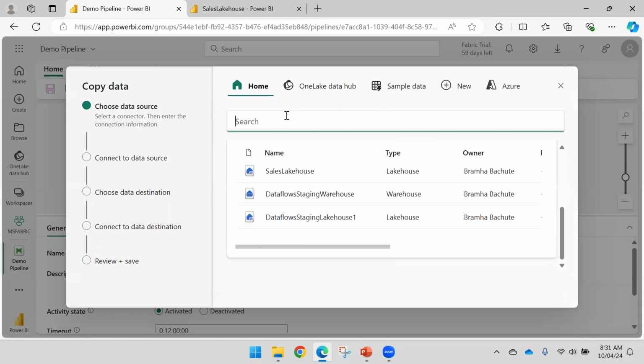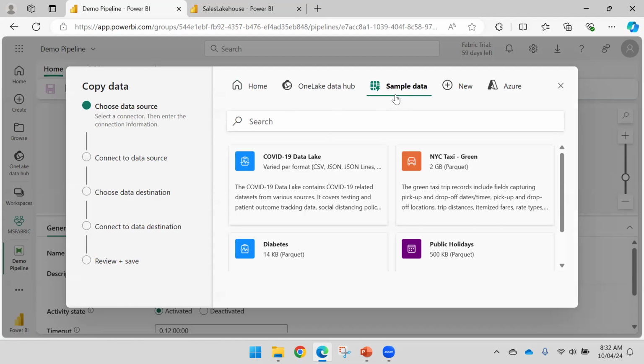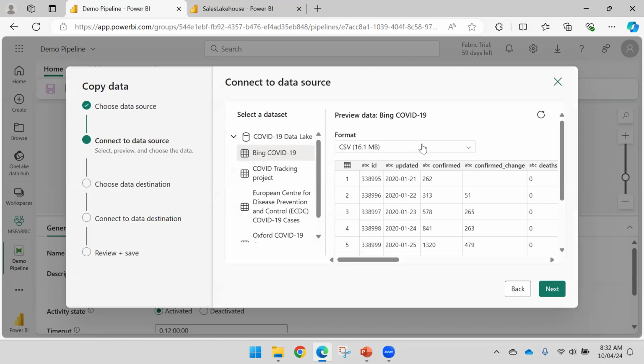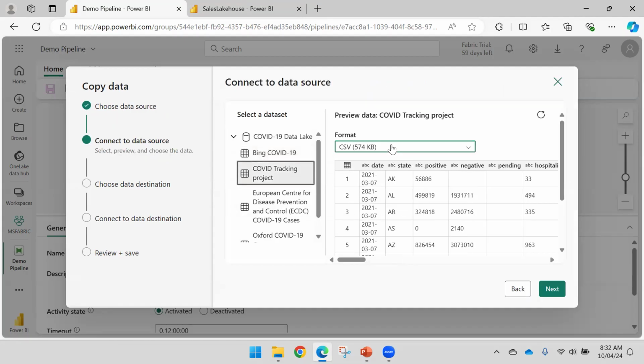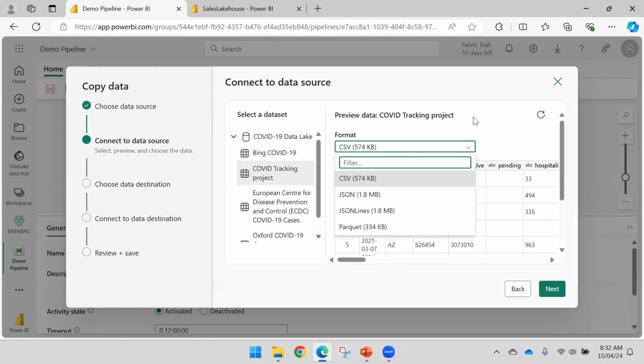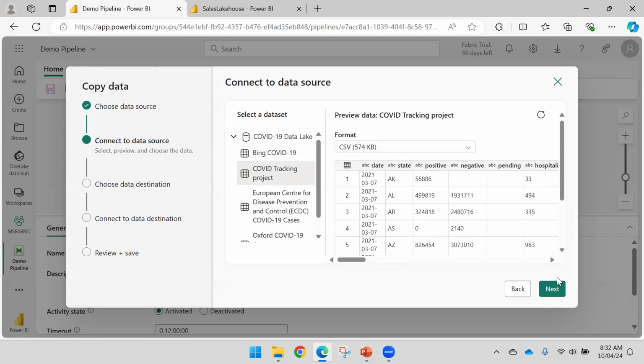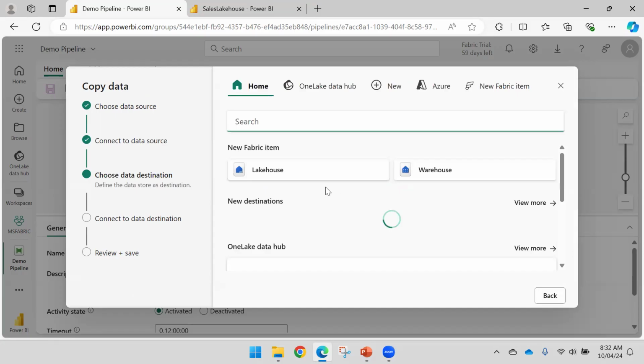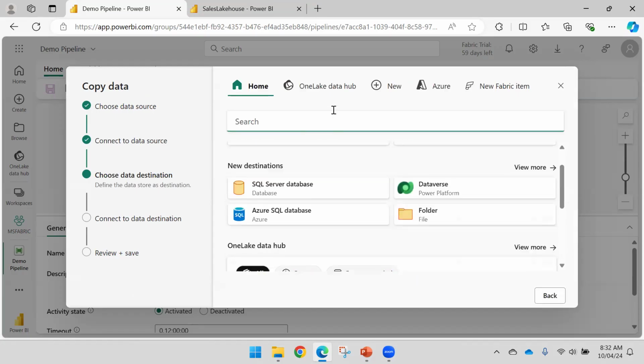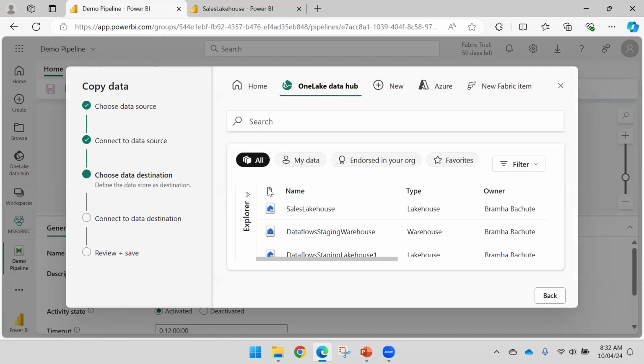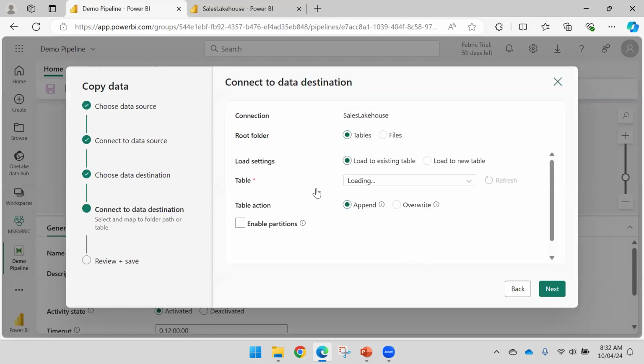Same thing I will do. If I say sample data, COVID-19 and project tracking, in this case I'm going to create a table. So I'm going to store the data into the table. Go down and select the OneLake data hub. From here, you will be able to select your